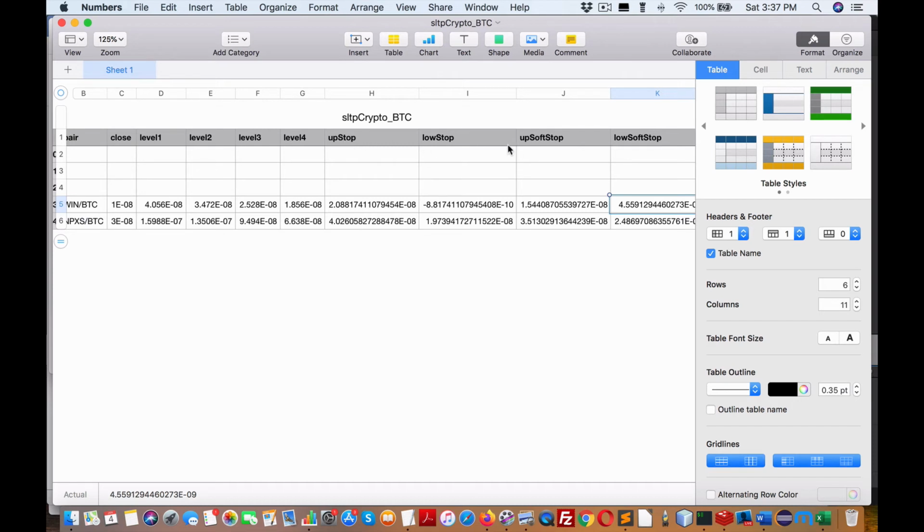So the up stop and up soft stop are really your take profit, or what we define in the Forex or MetaTrader world. Take profit, it's the same thing. So if you put a soft, we'll call it take profit, and the price does hit that level, up until that point where you set that